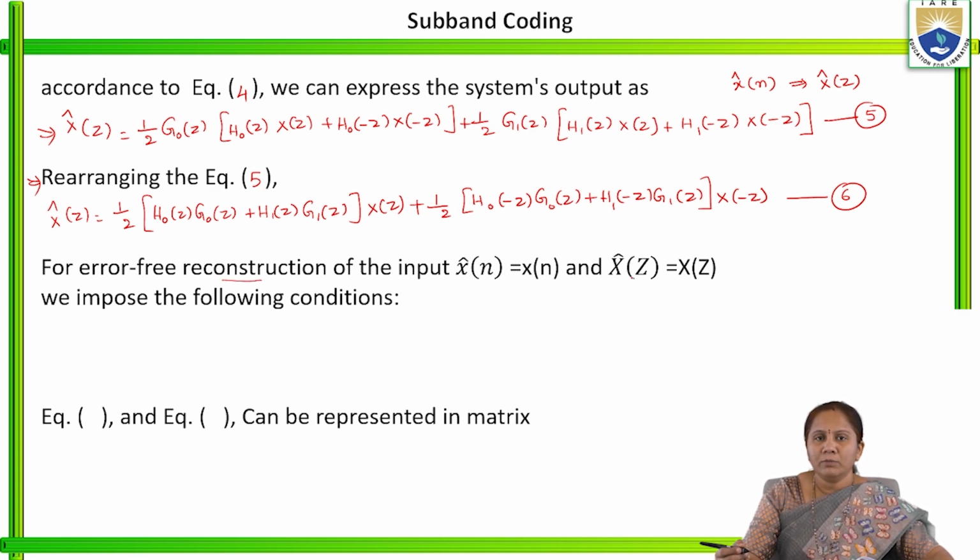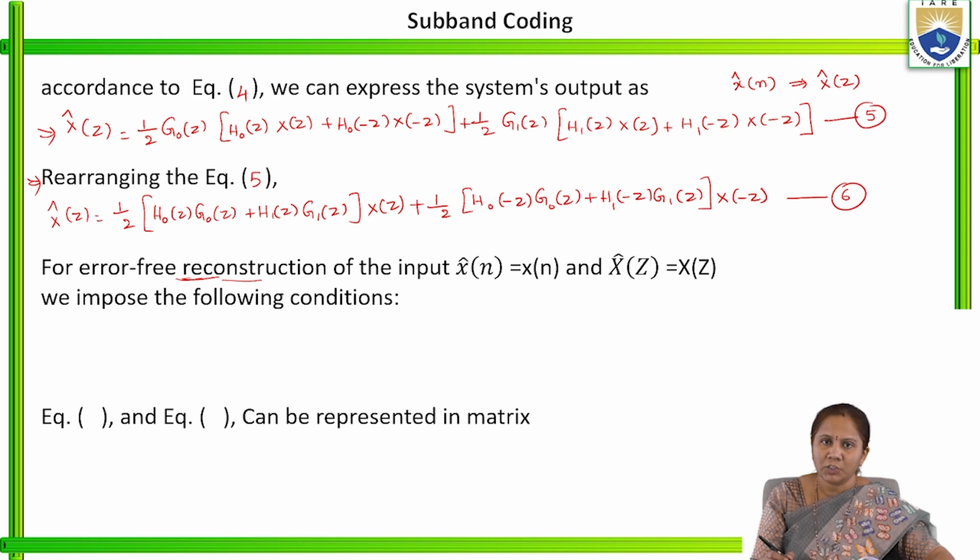Or if we speak in terms of the Z domain, if X cap of Z is equal to X of Z, that is, output is equal to input, then we say that it is error-free reconstruction. So for this error-free reconstruction, in order to make X of n equal to X cap of n, let us